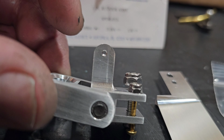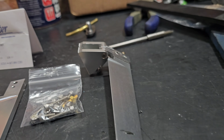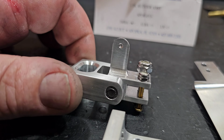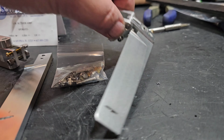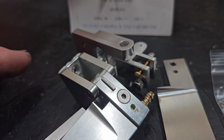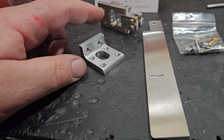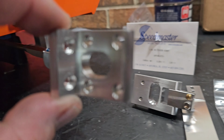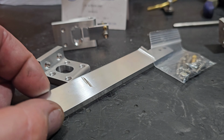I also noticed that they don't drill the hole for your steering arm connector. They let you do that. It's really beefy compared to the pivot block on this TFL rudder. Check it out. It's very beefy, and it's actually pretty heavy too. So here's the base, and it's also beefy. The blade itself,